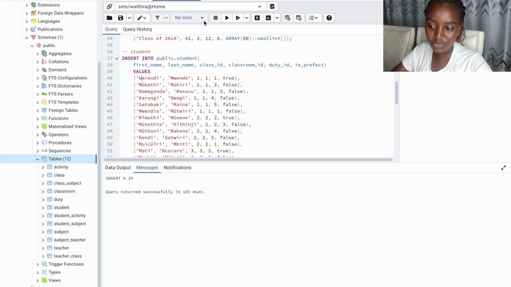Anyway, so update student set first name equal to Karendi with a capital K, where first name is equal to Karendi. So we run that. Update one. So now when I run